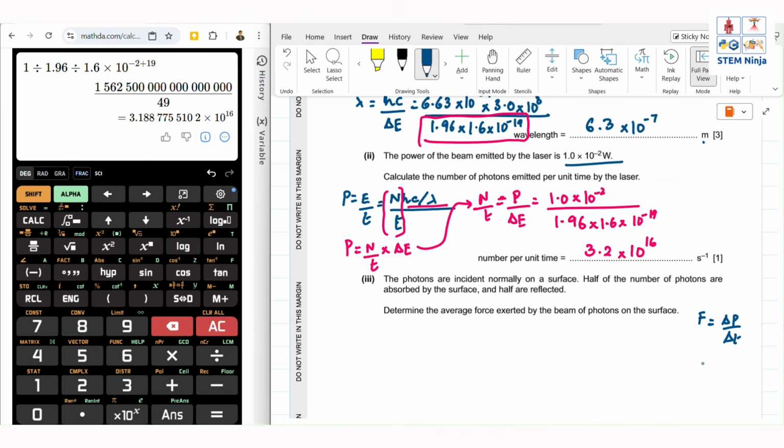And P over here is P equals NH over lambda, because we're talking about some number of photons. So this may not be the N that's represented over here, but since we have half and half, we'll deal with that. So change in momentum for absorbed